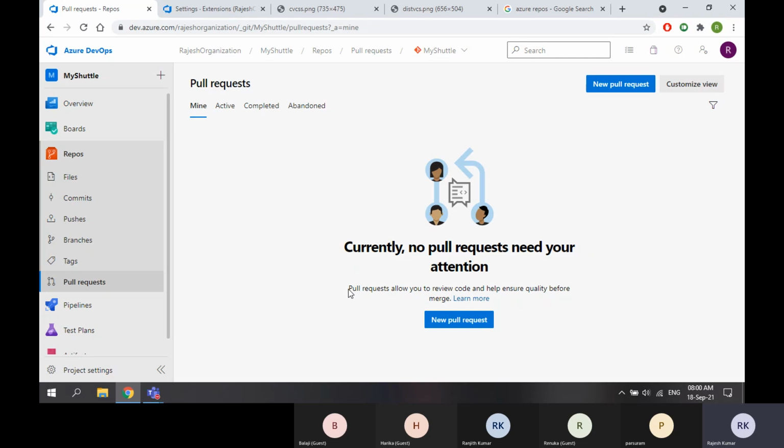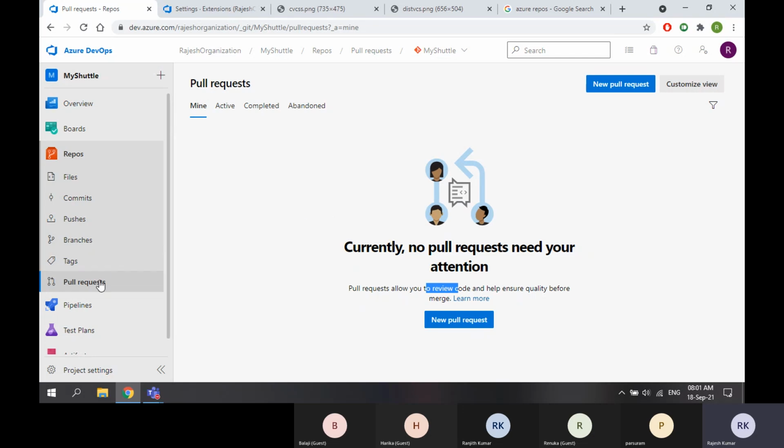Pull request allows you to review code and help ensure quality. That means here, when this user tries to push something to the repository, you are not going to allow him until he reviews the code, to check whether there is something wrong or everything is okay.